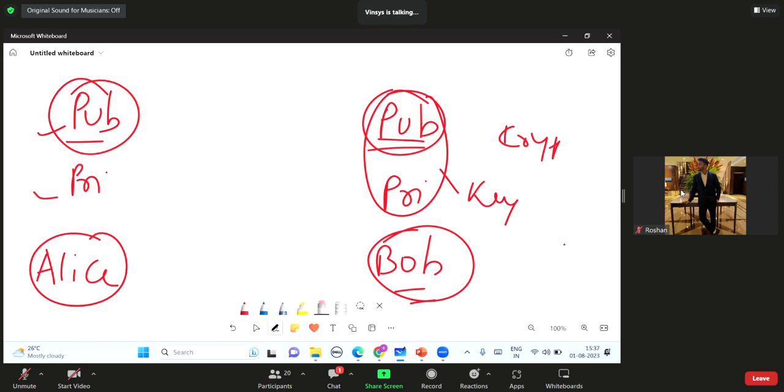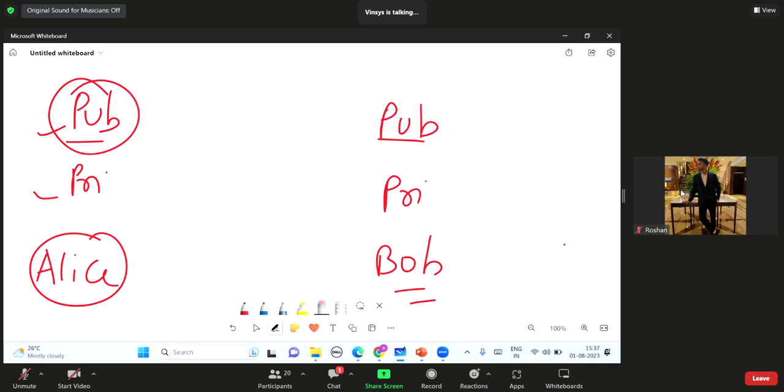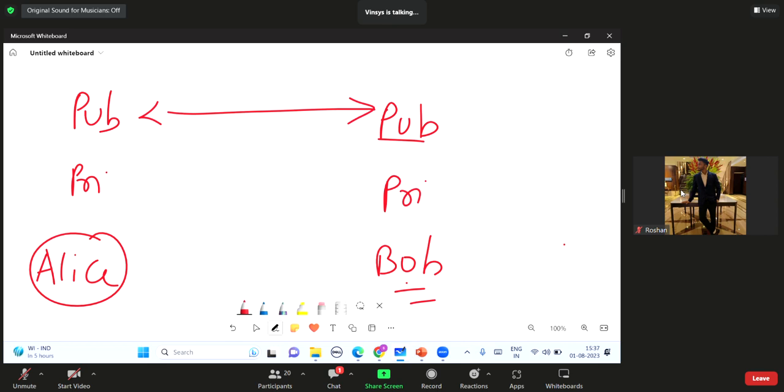Now Alice and Bob want to communicate with each other, and that too securely. So what they will do is share each other's public key. Alice has shared her public key with Bob and Bob has shared his public key with Alice. So both of them know each other's public key, and their private keys are confidential. Alice is the only person in the world who knows her private key, and similarly Bob is the only person in the world who has access to his private key.